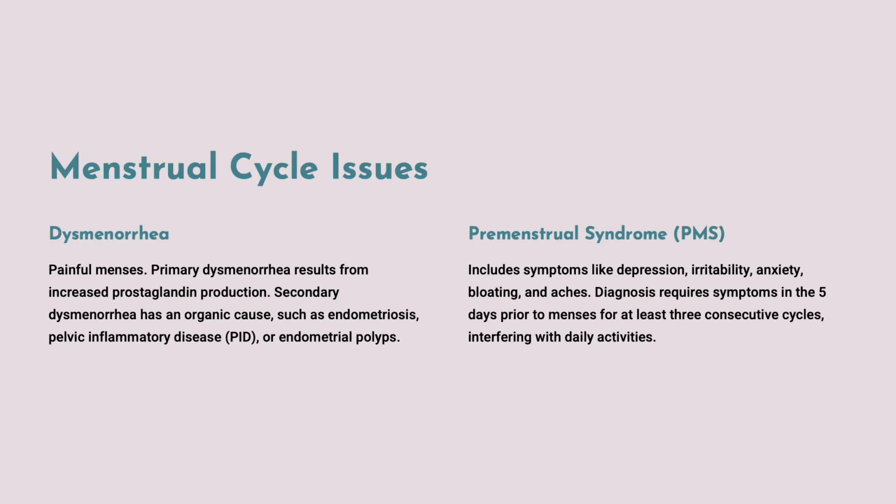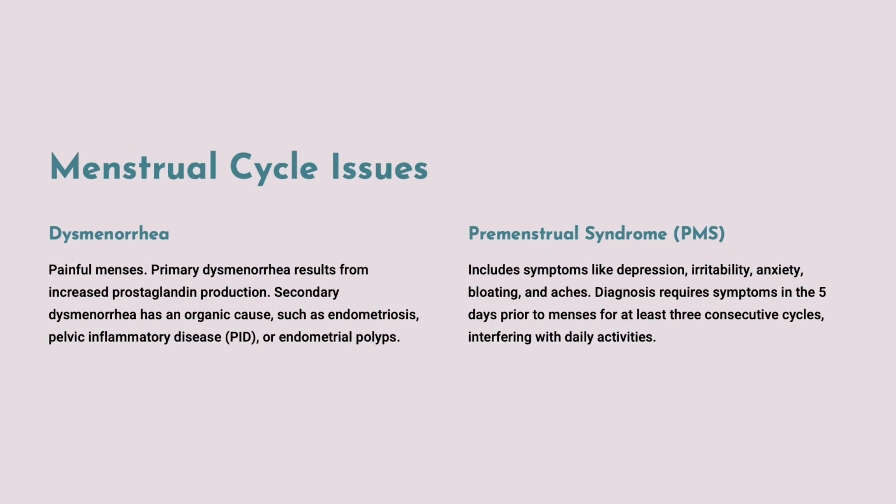Okay, so what are some of the issues that you have to consider? For example, if someone has dysmenorrhea, what are you going to consider? It could be an organic cause, such as endometriosis, pelvic inflammatory disease, or endometrial polyps. Primary dysmenorrhea usually results from increased prostaglandin production. In other words, it could be part of normal menstruation, or it could have an organic, more specific condition that